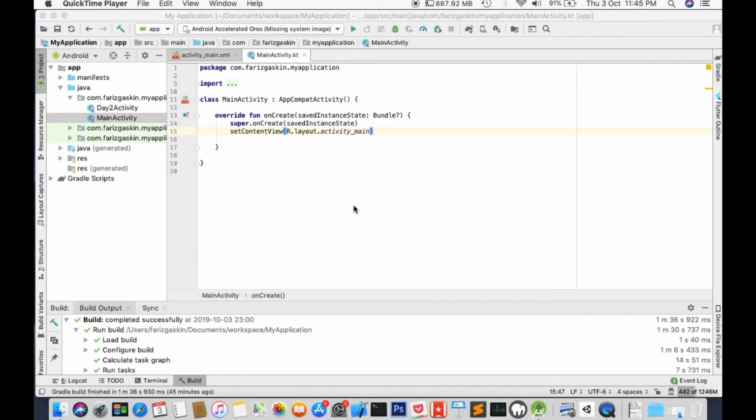So we'll start this tutorial by creating a new Android Studio project. I have mine already created, and for this we're going to create a second activity that we will move to from the first one, which is the default main activity. So right click on your package